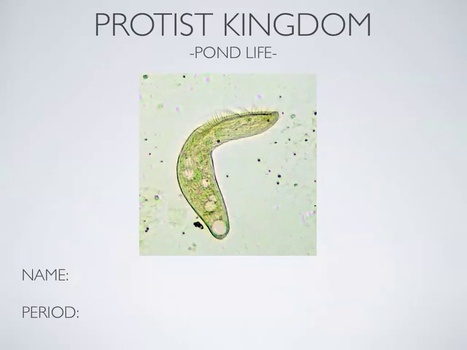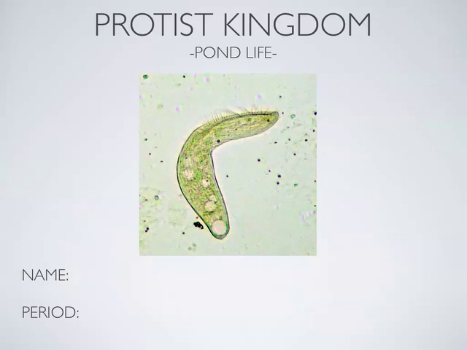Protist. Now this is one type of protist. By looking at this, what's one thing you think you might be able to tell me about this protist, without really knowing what it is or anything? Joe? It's green. Okay. So it's a plant cell. Not a plant cell, no. It's a protist, but you're on the right track.